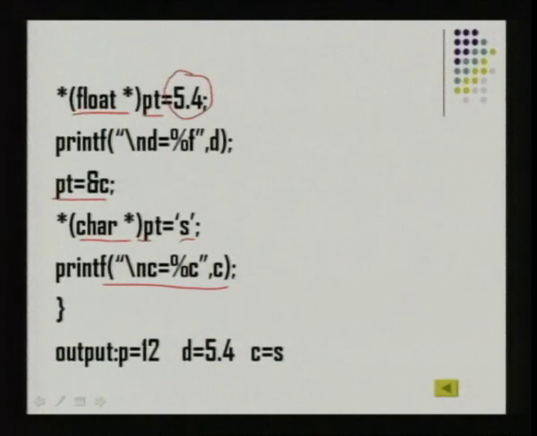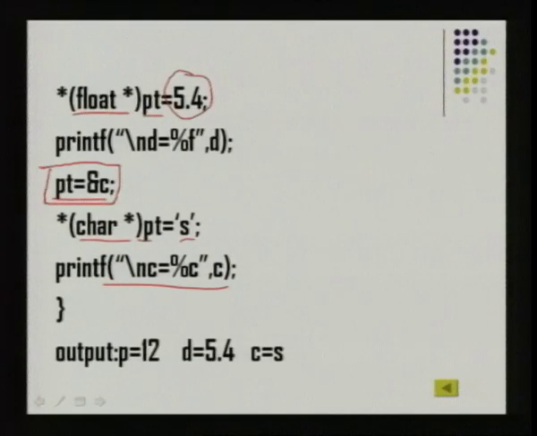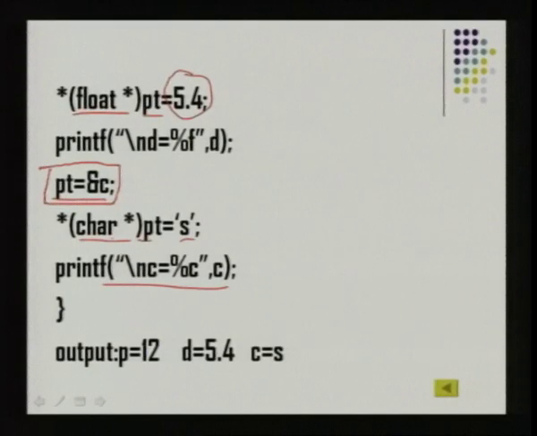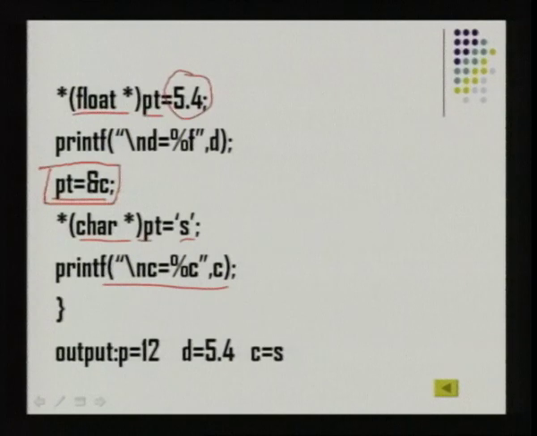The only thing that we need to remember here is, before we explicitly type convert, we have to assign the address of that particular variable to pt. So, first we assign the integer address to pt, next the float address to pt, next the character address to pt. Only then we should explicitly type convert, otherwise the compiler will not understand. It will think, so long it was holding an integer variable, how suddenly can I convert it to float. So, before you convert to float, you have to put ampersand d is equal to pt. Before you convert to character, you have to put ampersand c is equal to pt. So, these are points to be remembered when we are using a single void pointer to hold variables of different